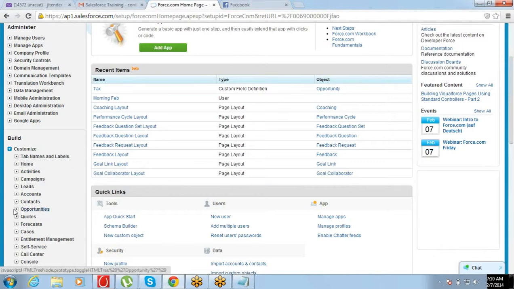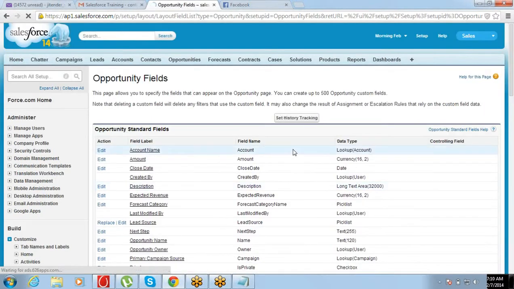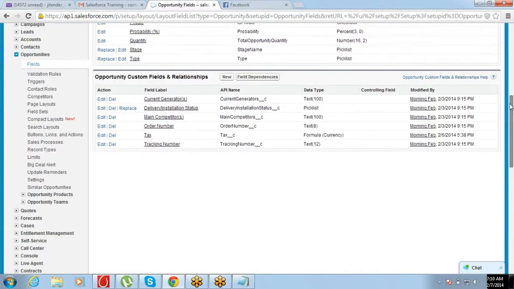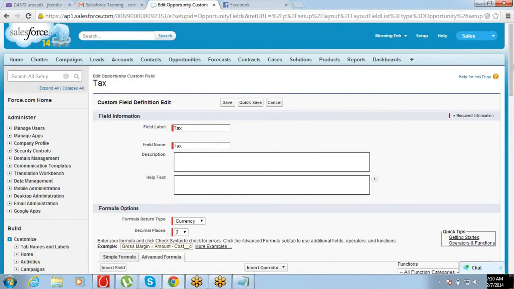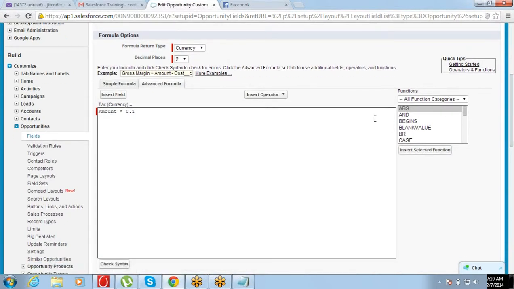The same thing, I'll just go to that field and edit that field, put an if logic there. So in this case, what I should do is use a logical function, if.